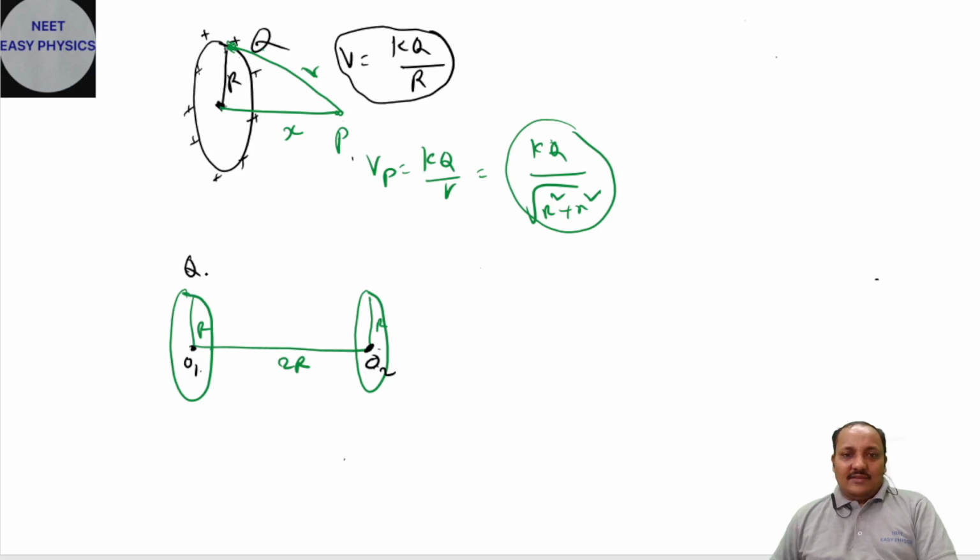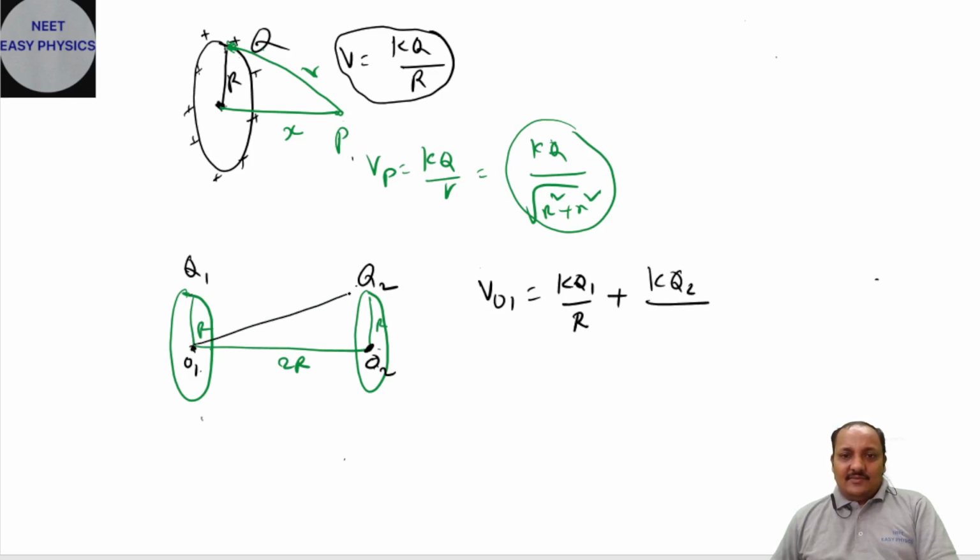Both have charges Q1, Q2. At that time, what you have to do means at O1, center 1, because of Q1, K Q1 by capital R plus because of Q2, K Q2 by what